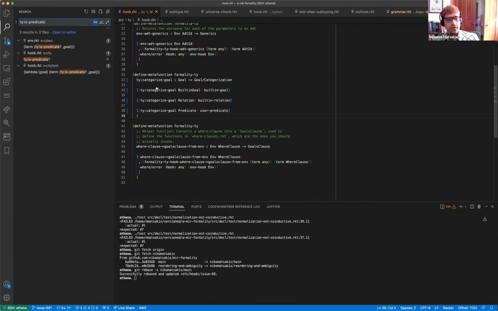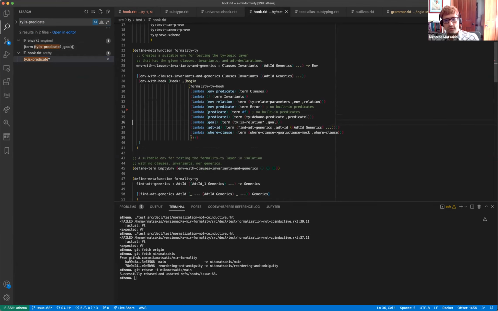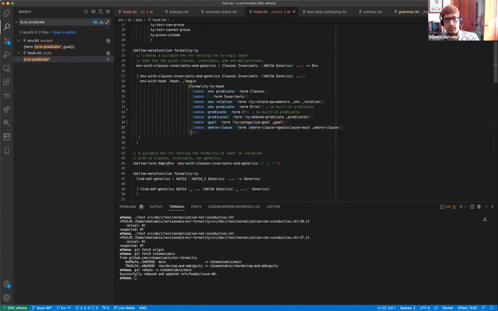But then we have to modify the code that's using tie is predicate. Notably, this is the code for testing the, hold on, I'm doing this wrong. Yeah, so this is the code that generates the type level hook. And so it just wants to say tie categorize goal. Then I guess, annoyingly, we're going to need